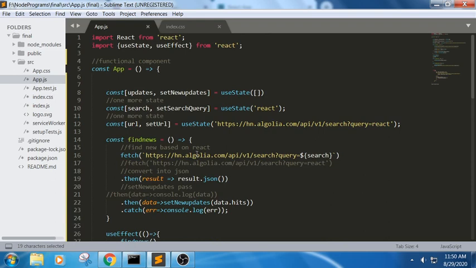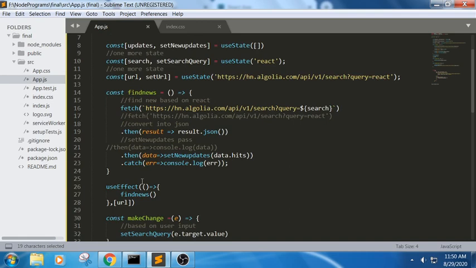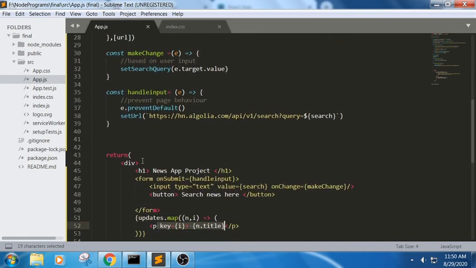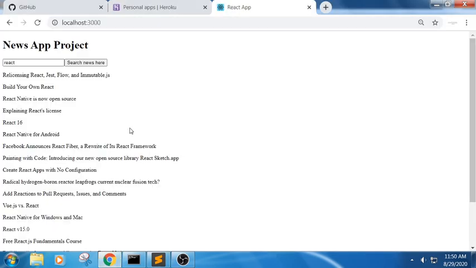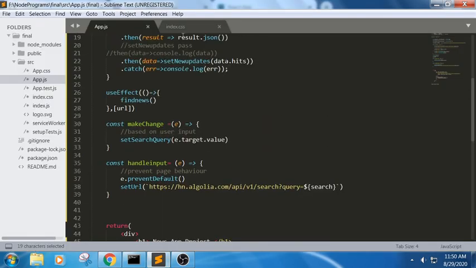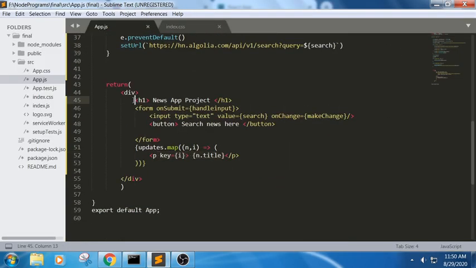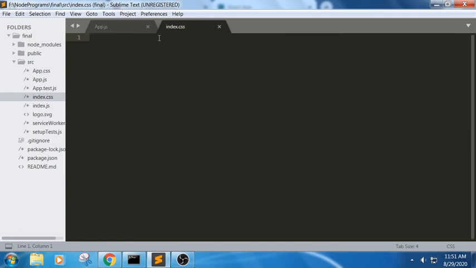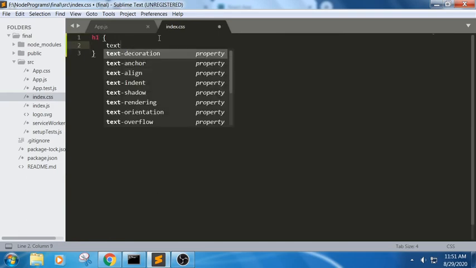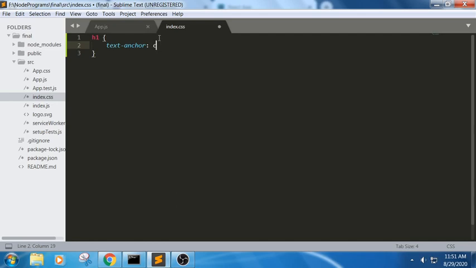Now if I want to apply some CSS for it, in order to make it look and feel better, I will be using some basic CSS here. For the heading tag, I'm trying to write some properties. Sorry, text-align center.